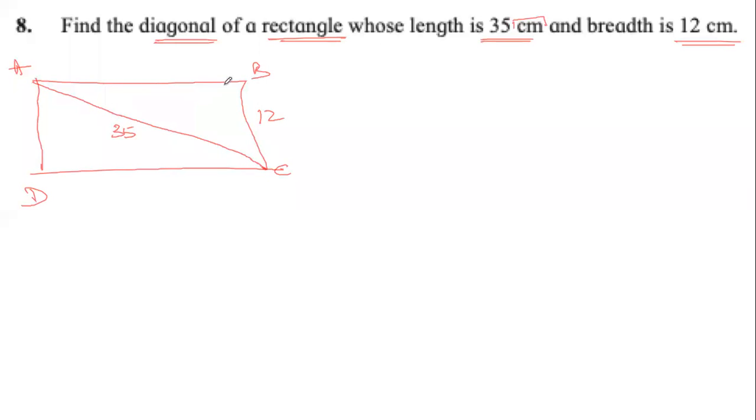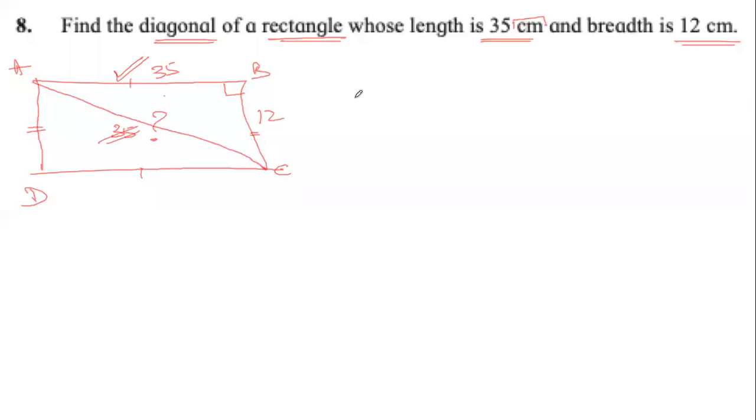We know that in rectangles also, all the angles are of 90 degrees. We also know that opposite sides are of equal lengths. This is what a rectangle is about. So just like what we did in case of square, we will find the side that we have to find is this side. And once we have found AB, we can find the, sorry. The length is given as 35. I'm very sorry. The length is given as 35. The breadth is given as 12. Very sorry I am. We have to find the diagonal. So this is even more easy, right?